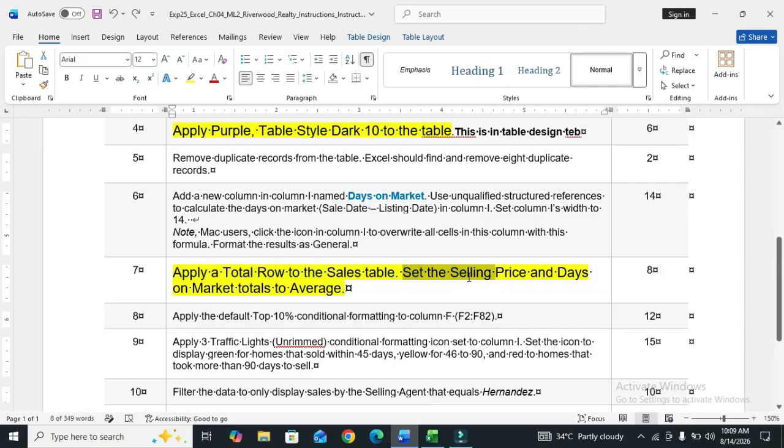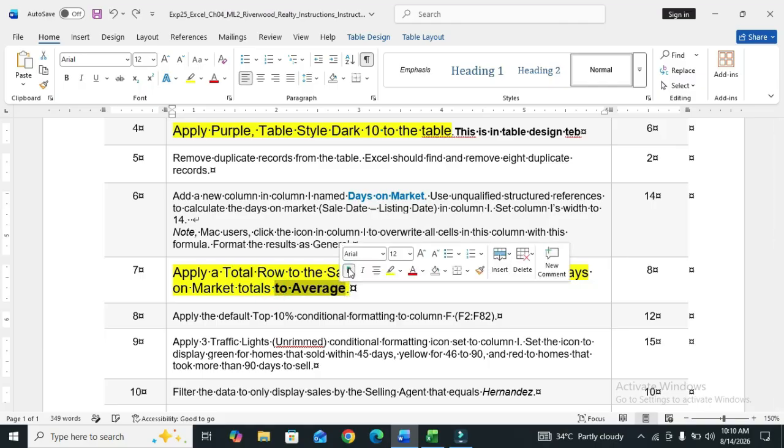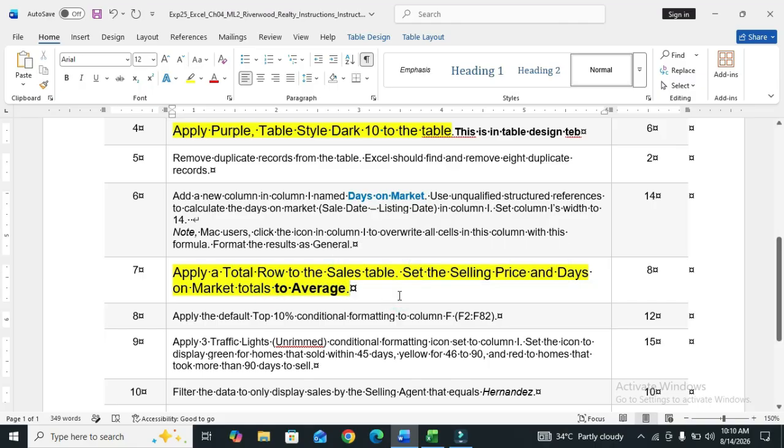The next level of the step is set the selling price and days on market totals to average. Highlight this.